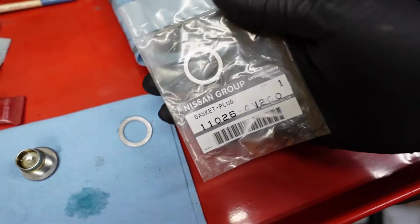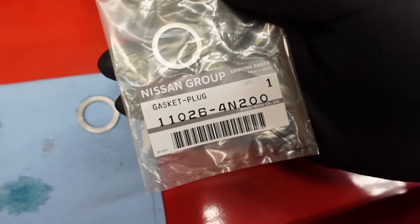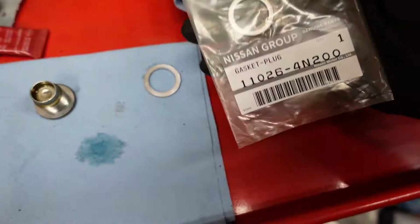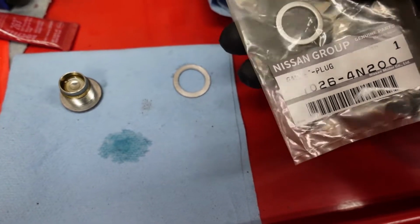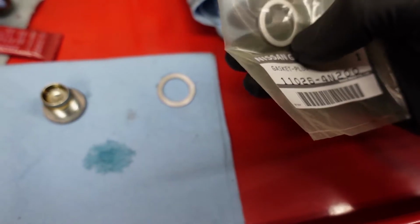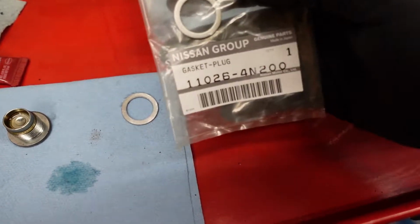Here are the replacement little crush washer gasket things. That's the part number for them as well. I just got these from my local Nissan dealer. They were pretty cheap, but I think you can also order them from Z1 Motorsports. I'm pretty sure they have these as well. So it's not a bad idea to just get some of these,